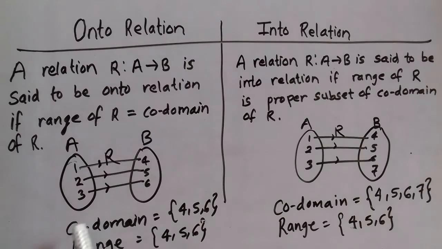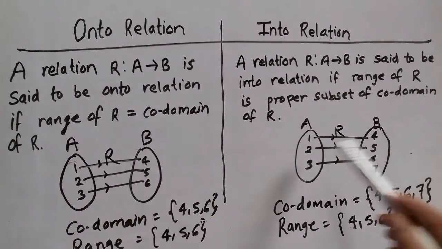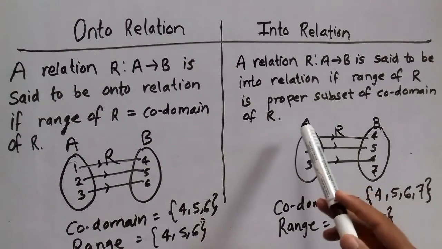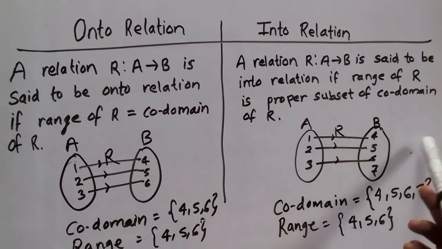So this type of relation in which the codomain is equal to the range is called an onto relation, and this type of relation from set A to B, or from any set to any other set, is called